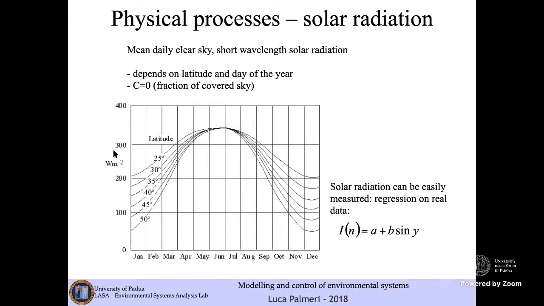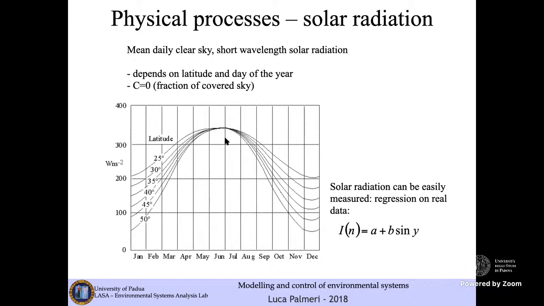So here we are representing the quantity of energy per unit surface of a planet reaching the Earth in different periods of the year, January, February, March, December, at different latitudes. We may, for example, observe that this function in June has a maximum value. So in June, you have a maximum photoperiod. In fact, in June, you have what we call the summer solstice, the longest